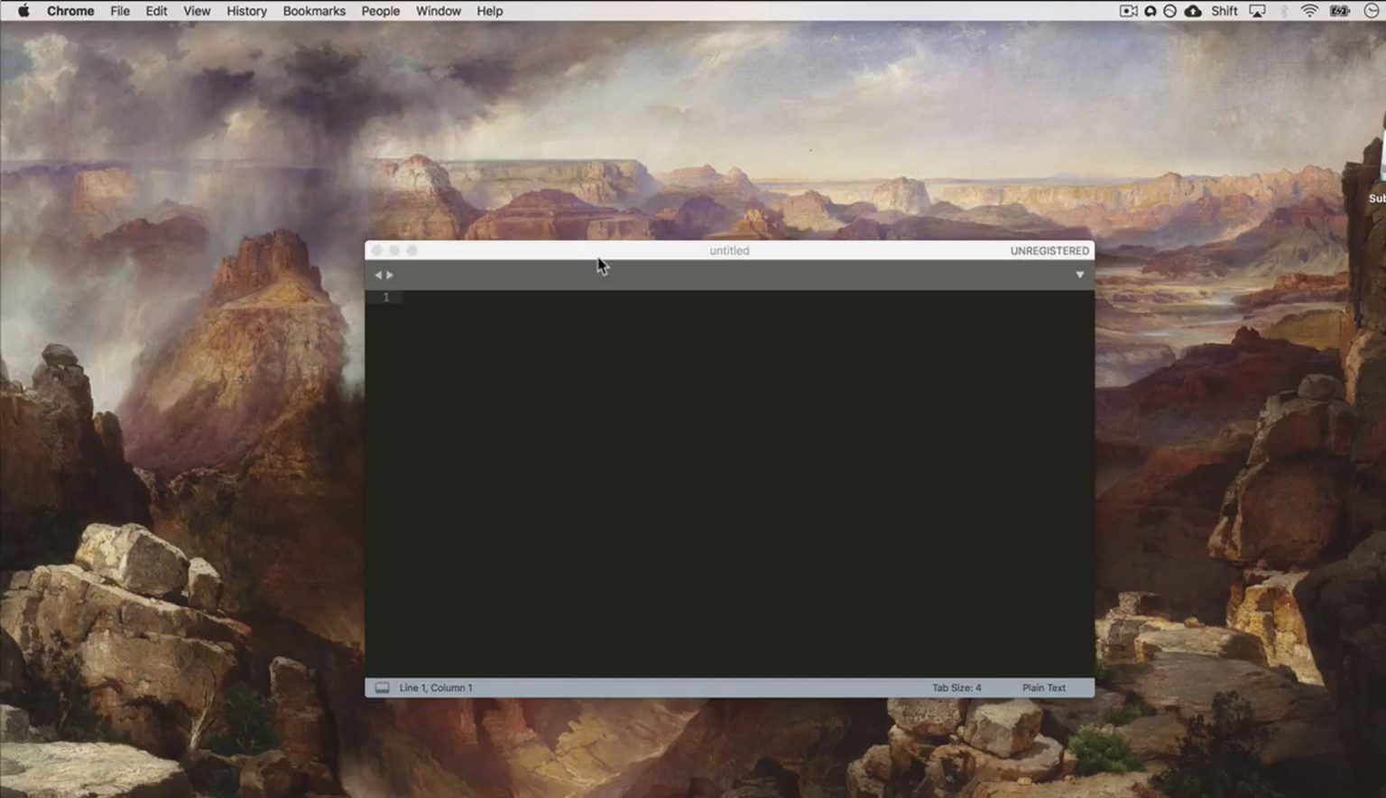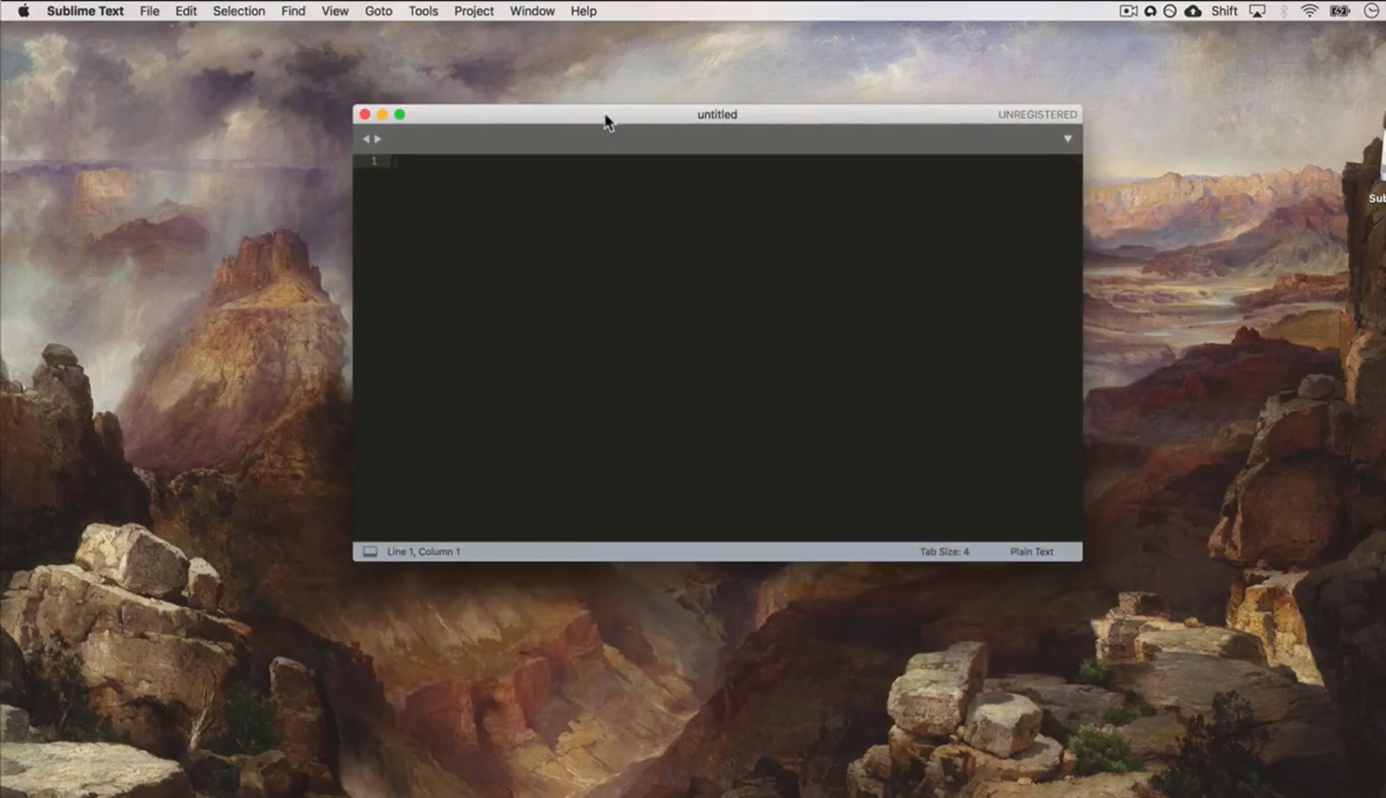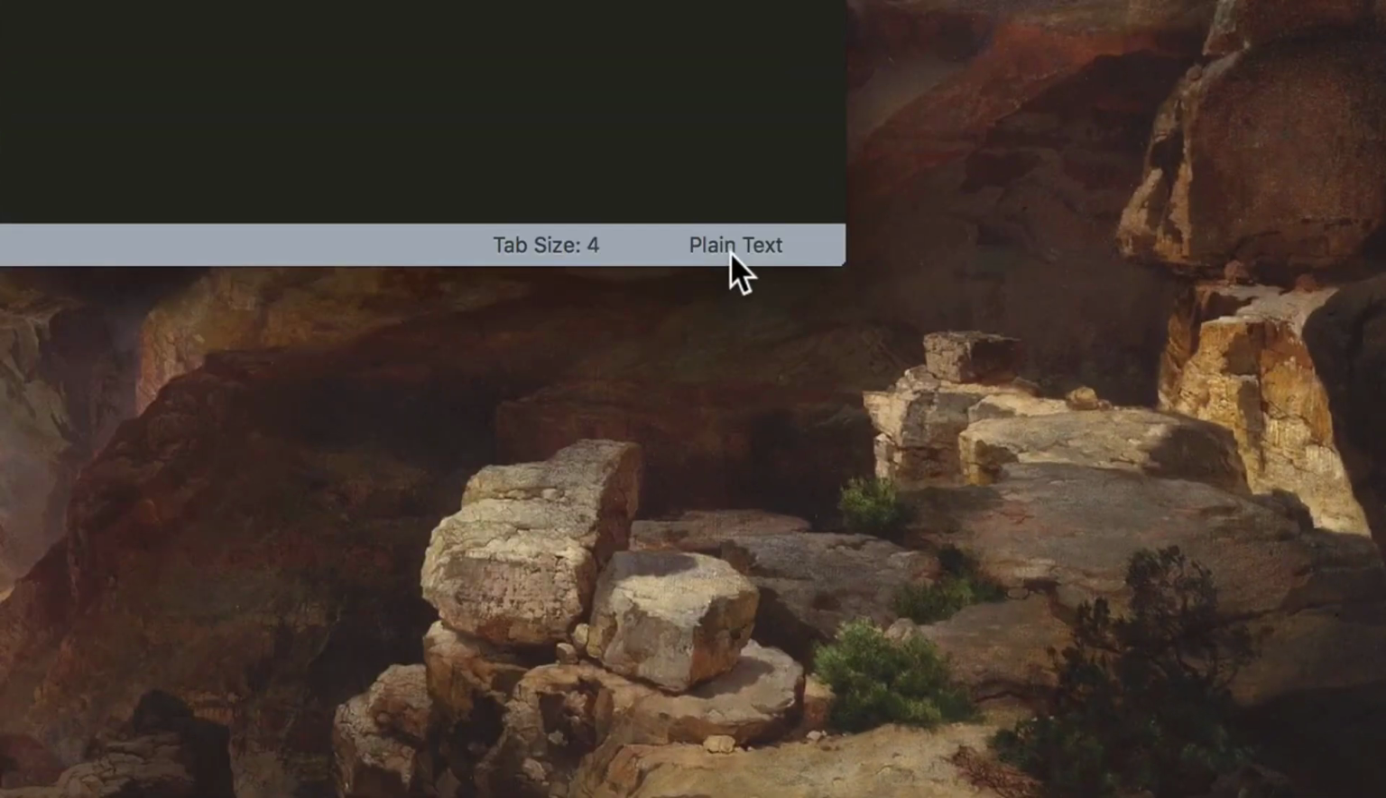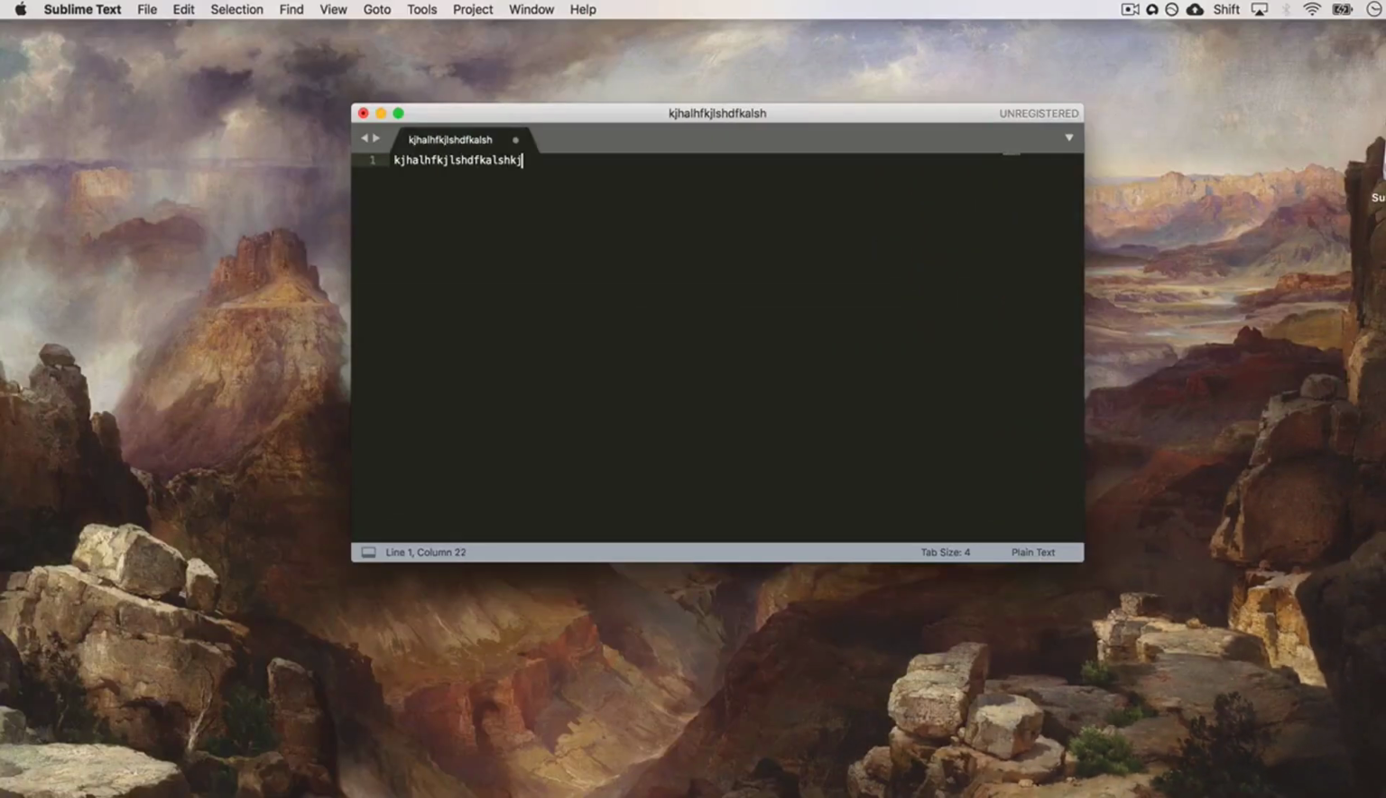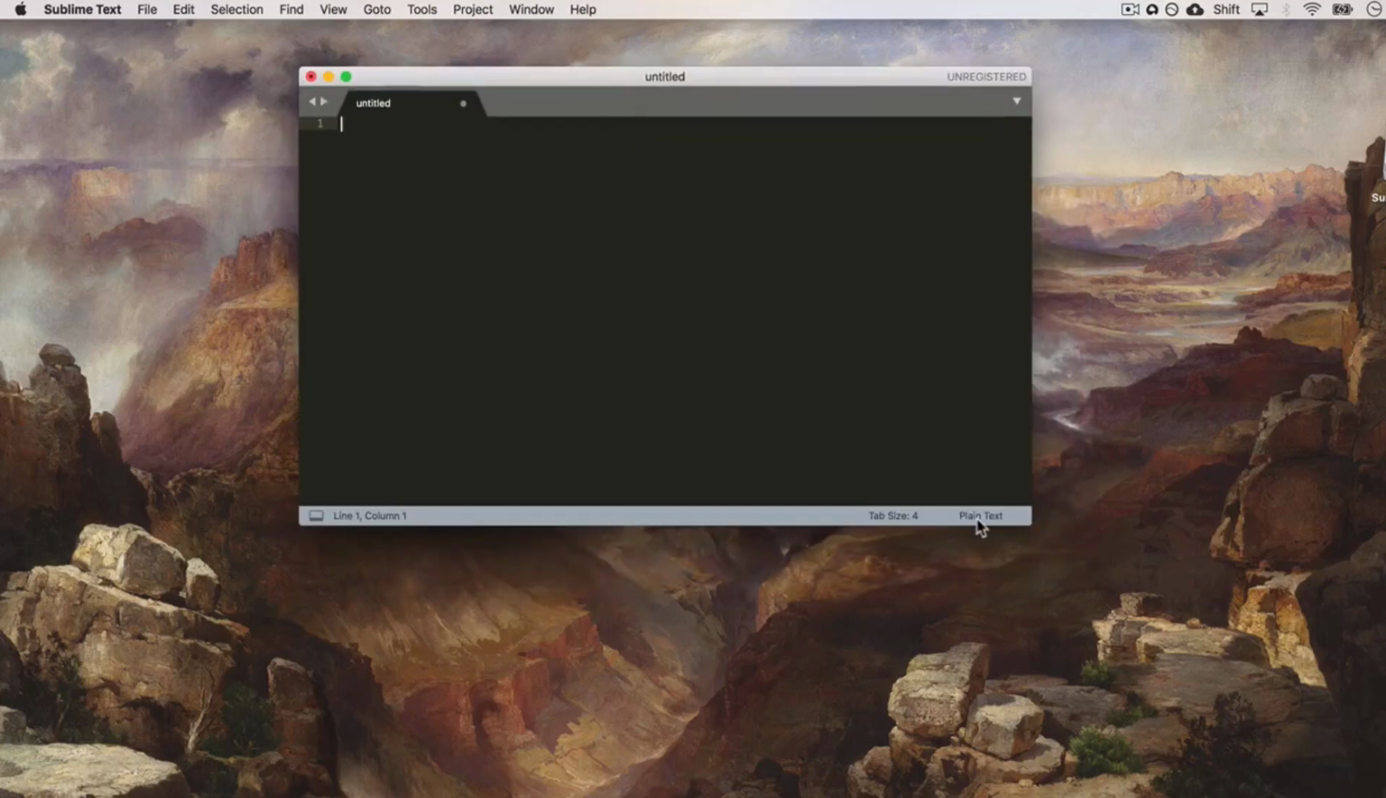We have Sublime Text. Now, what is a text editor? A text editor is a program that allows us to write code. You can see over here on the right-hand side of Sublime Text that it just says plain text. So I can type anything that I want, and there's nothing much different than if you wrote this in Word or a text file. But the power with a text editor, especially with something like Sublime that's geared towards coding,